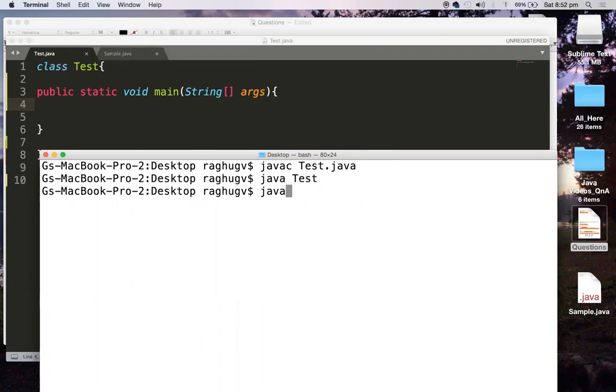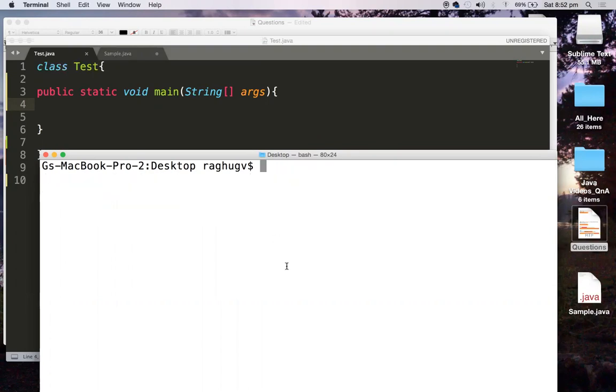Whenever we are executing this class Test, because this Test is an executable class, it's nothing but main, and main has an array in it which takes strings. It takes everything, but when it goes into this particular array, they will be represented in the form of strings, and the array has a name.